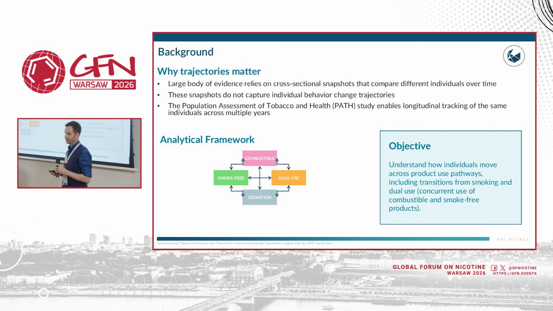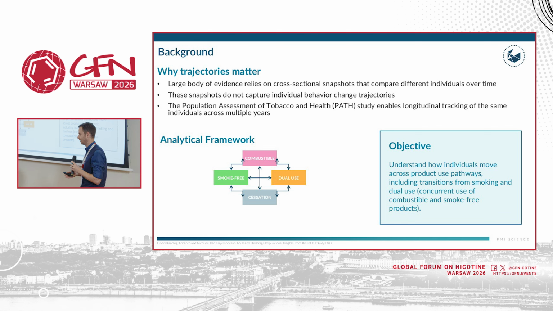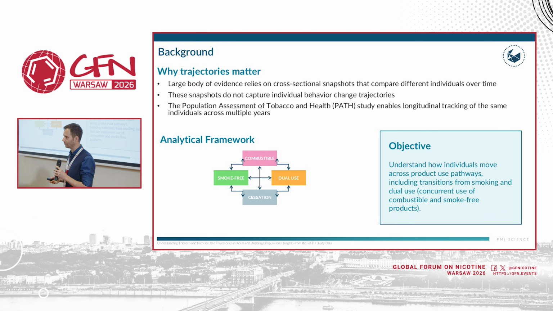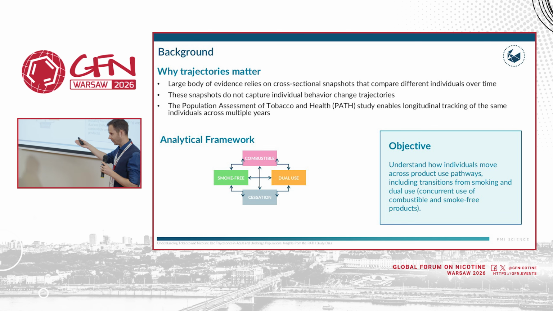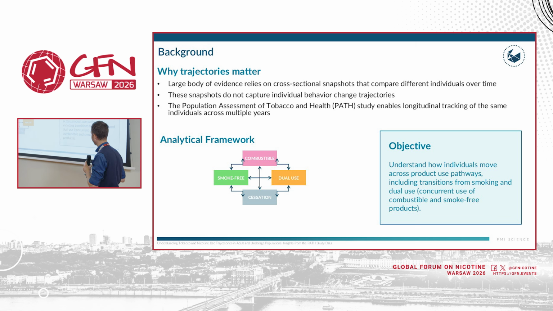This is important because most of the literature that looks at, for example, gateways, product use, or dual use is not based on longitudinal data, but on cross-sectional data. If in cross-sectional data we see that 10% of people are dual users, 1 year later 10% are dual users, 2 years later 10% are dual users, the observation is that dual use is constant. But if we can follow the people over time, we can look at whether these are the same 10% of people, or whether other people are transitioning into dual use while others are transitioning out. And I'm going to be showing you how this works.